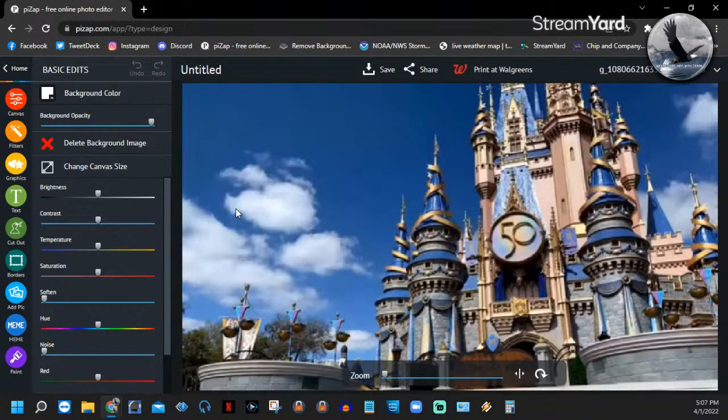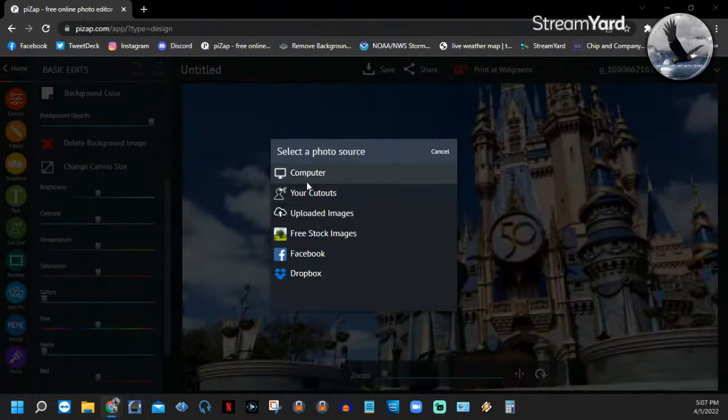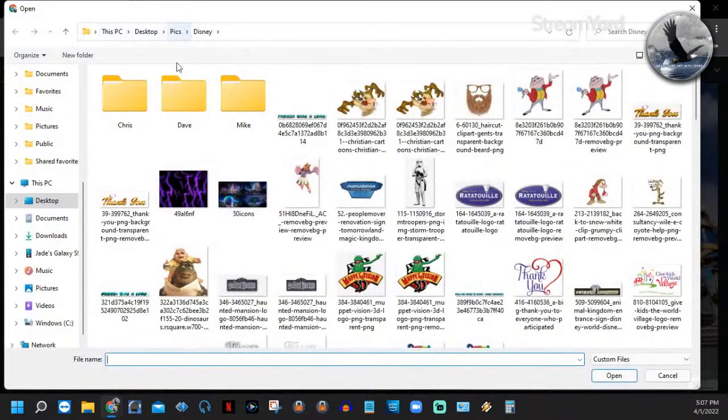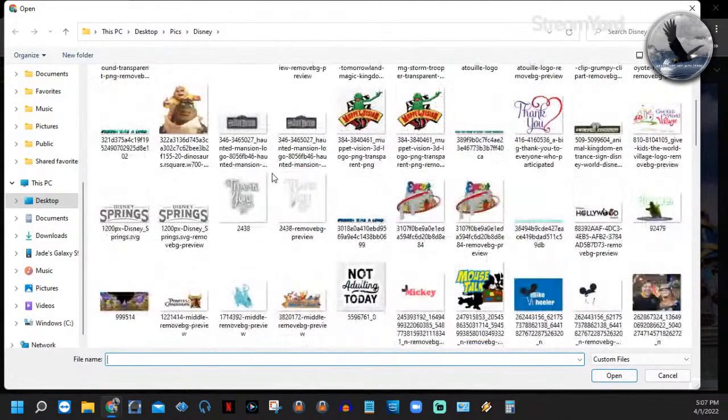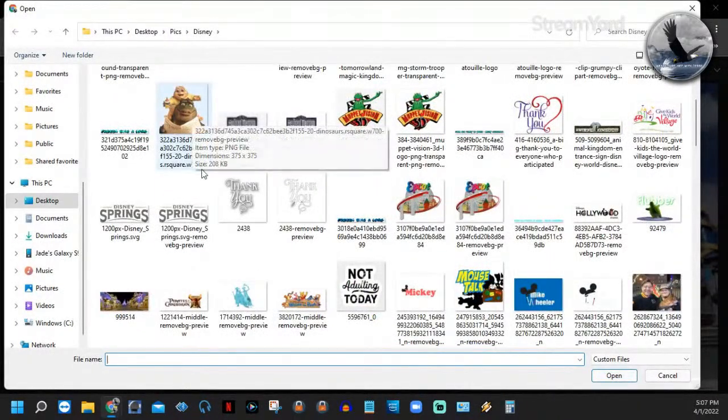Now, with that, you can do anything you want to do. So, you can go in and add another picture. It's so simple. You just click here, find the picture that you want. Let's put in,